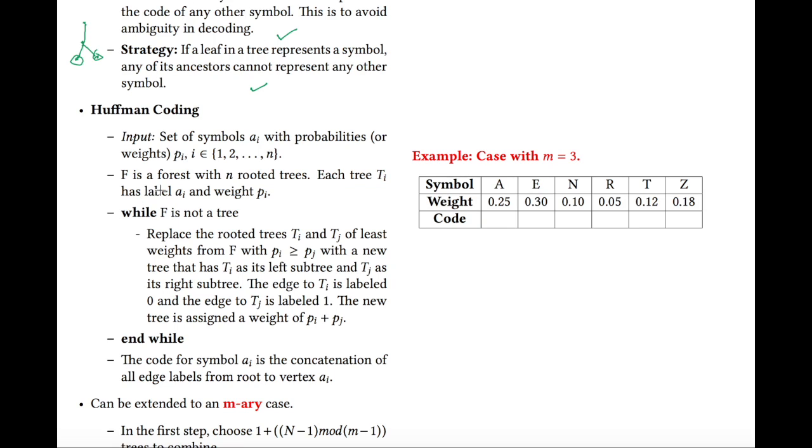Okay, so this is just pseudo code, so I'll go through it quickly and then we go to the example. The input is a set of symbols Ai with probabilities or weights Pi. The starting point is F, a forest with n rooted trees, which means they are not connected, and each tree Ti has label Ai and weight Pi. We keep going until F becomes a tree, and we replace the rooted trees Ti and Tj. We choose Ti and Tj such that they have the least weights in F, and by convention